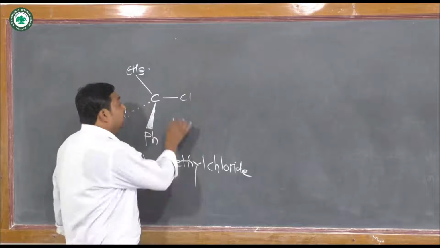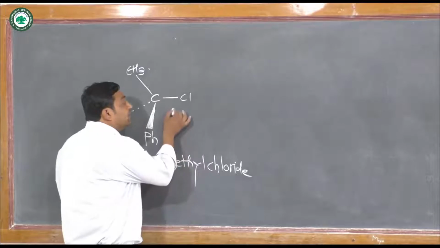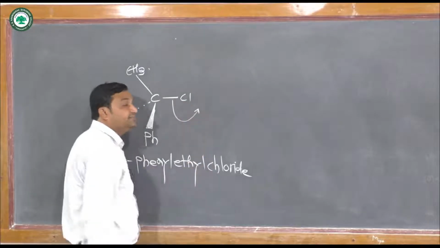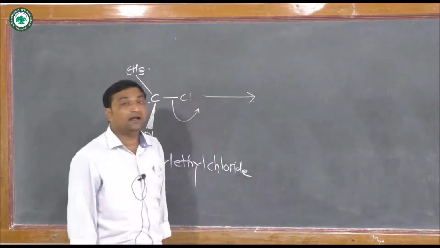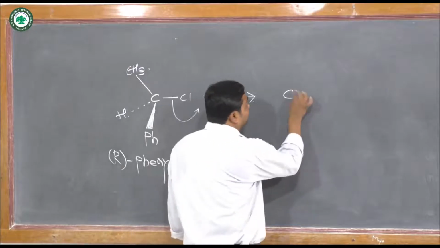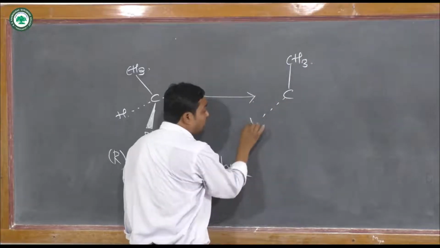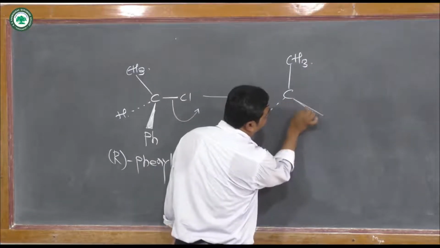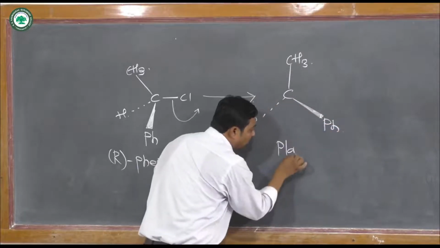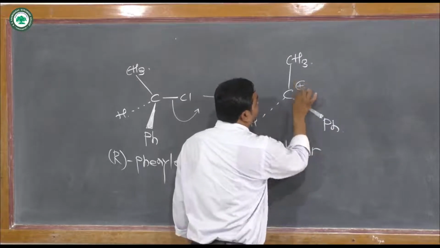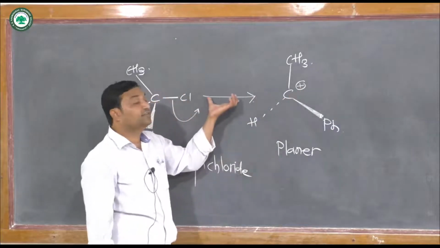Likewise, in this case also, in the first step, this chlorine will be eliminated to form the planar carbocation, which results from this slow step,